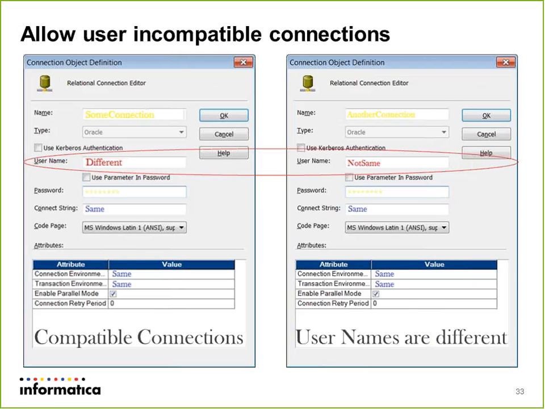Now, if the database usernames are different across otherwise compatible connections, let's say all required properties are the same, connect string, code page, and so on. It's just that the username is different. In that case, by selecting this option, you can make a session ignore the user incompatibility, but the following points need to be